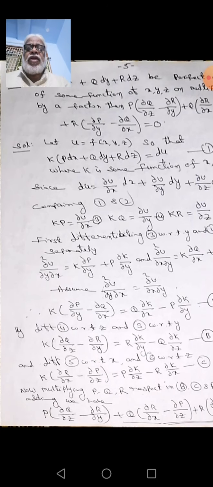Since du is equal to ∂u/∂x into dx, according to the total differential formula, du is equal to ∂u/∂x dx plus ∂u/∂y dy plus ∂u/∂z dz. In the total differential equation, where the function u is in x, y, z terms, we use du is equal to ∂u/∂x dx plus ∂u/∂y dy plus ∂u/∂z dz. Comparing 1 and 2,